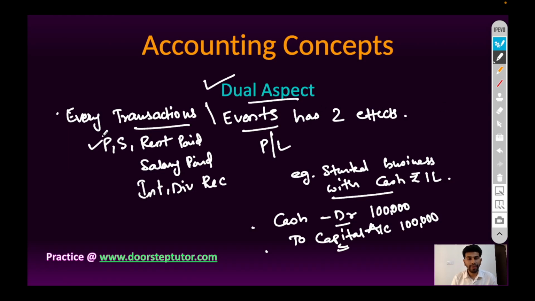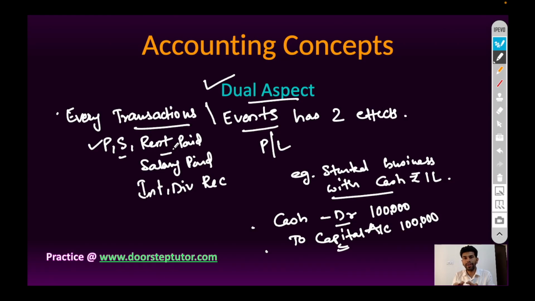Similarly, at the time of purchase, goods come in and cash goes out if it is purchased in cash, and if it is purchased on credit basis, then liability will be created as a creditor. Sales, goods go out and cash comes in. Rent paid. Rent is an expenditure. So rent expenditure is recorded and cash goes out. So cash payment will be recorded. Similarly, salary paid. Salary is expenditure. It is recorded as a transaction and cash payment will be recorded.